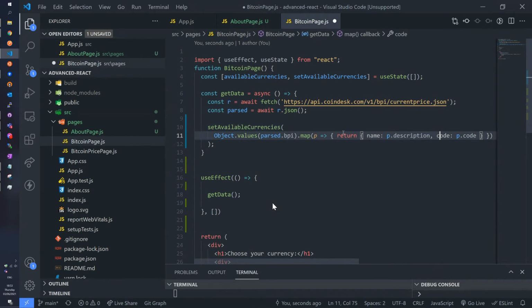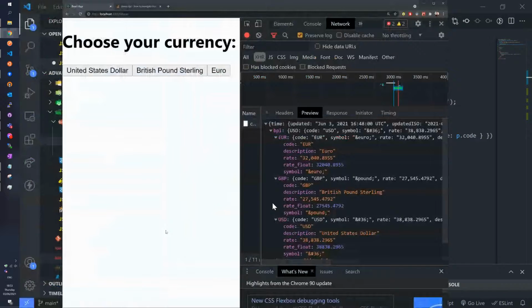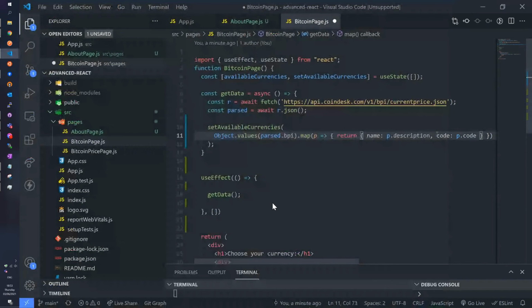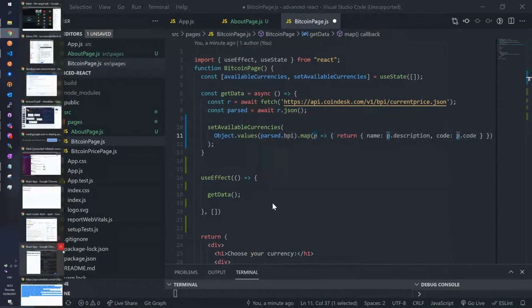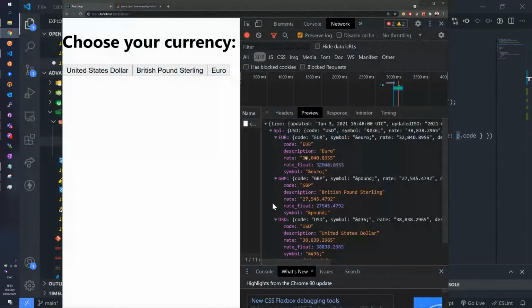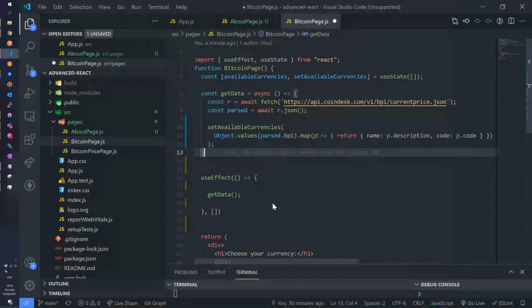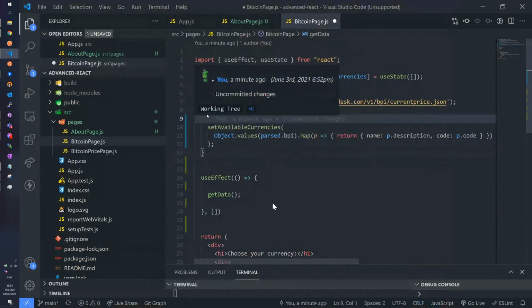What I say here is that for each of the elements, I gave it a name P, whatever. For each of them, I want to return an object where I only have the name. I created a key called name, and the name will take the value of description. So the stuff right here, the description, and the code, which will be the code of this element. So very simple what I'm doing. I'm pretty much filtering. I'm only taking the code and the description for each of the elements, and that's it. And I return it in this function, which means that in the end, I'm going to have that array of objects that I wanted. All right.